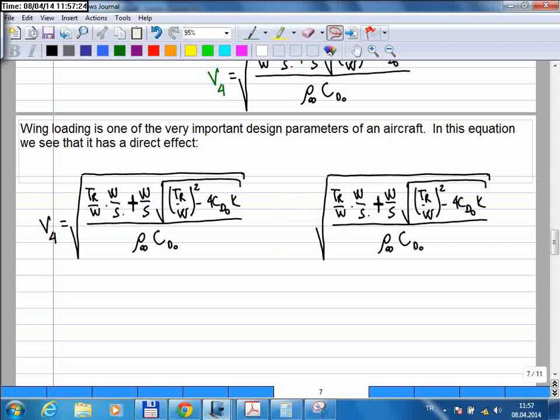So I can take this wing loading out of the square root, right? I can write this as